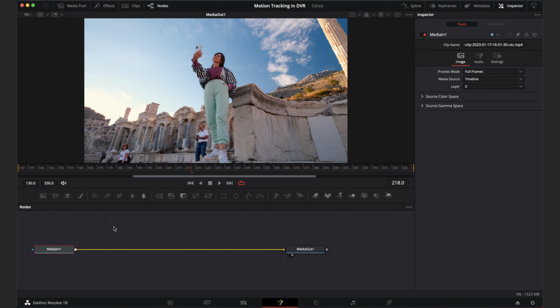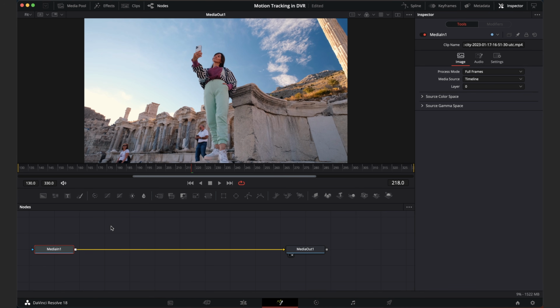But basically, the way Fusion works, it's node-based, similar to the color tab over here. You've got your media in, you've got a whole bunch of things that happen in the middle, and then you've got your media out. So if you think about this the way that you would look at After Effects, all of your layers are happening in here. All of the compositing is happening here. So you start with your base footage, which is in this case this. You do all of your fancy VFX and compositing in the middle, and then you have your output.